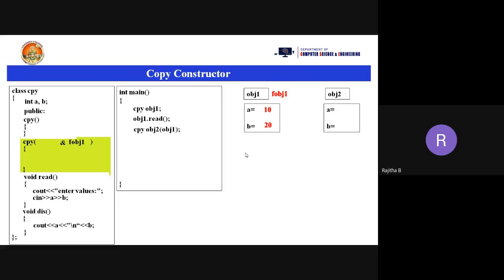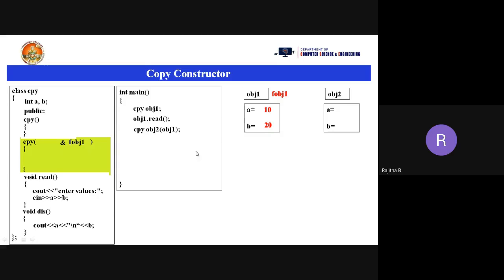So the person is the same, but we are using different names. Same thing happened here when you are taking the reference variable, that is the address operator here. So obj1 here we are passing, and we are taking the address operator followed by fobj1, meaning we are giving one more name to obj1, that is fobj1. So we have two names for these A and B data members here, obj1 and fobj1.